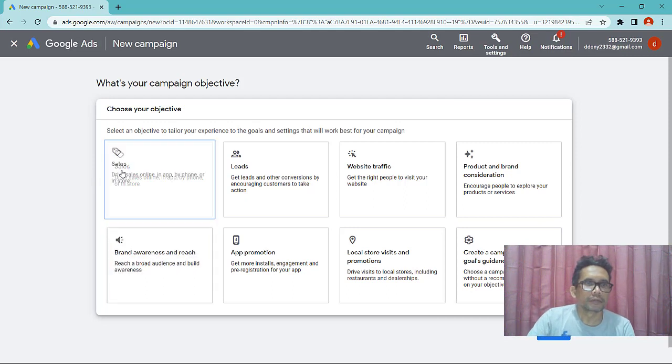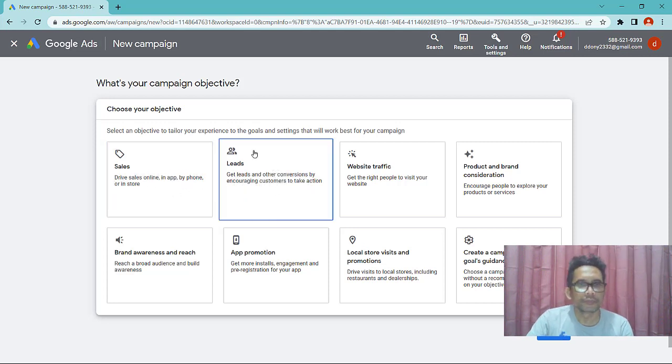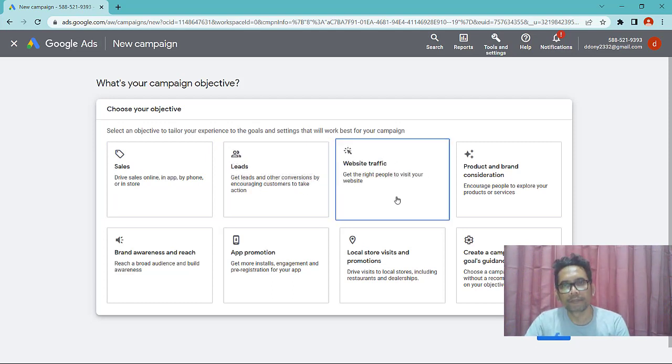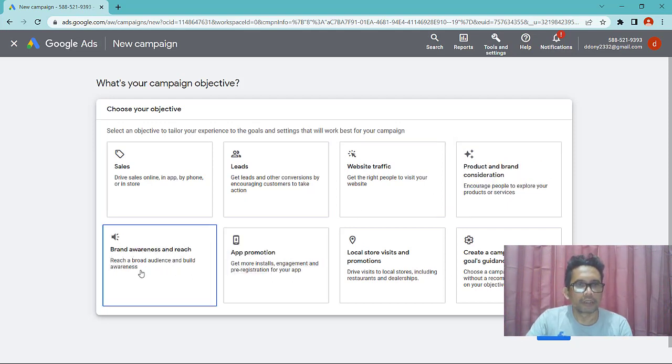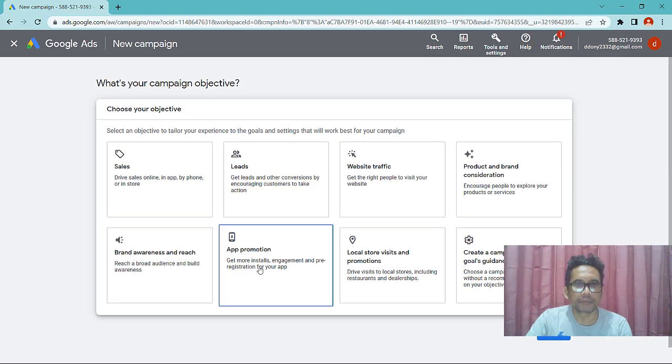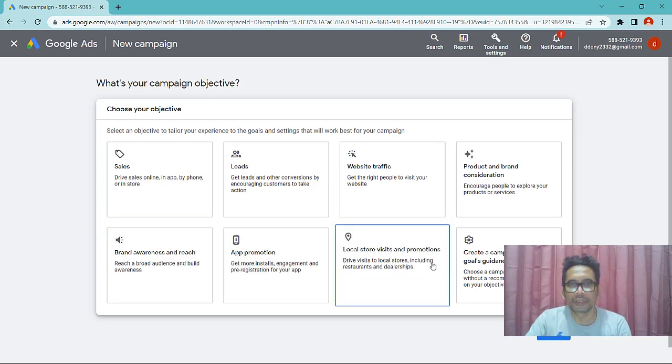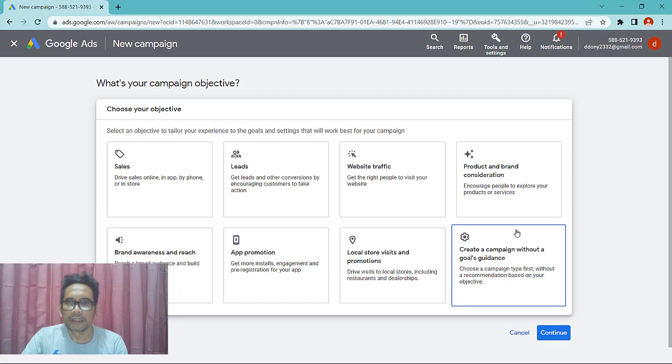You can see it: sales, drive sales online, in application, by phone or in store. Leads, get leads and conversions by encouraging customers to take action. And then website traffic, product and brand consideration, brand awareness and reach, application promotion, local store visit and promotion, and then create a campaign without goal guidance.